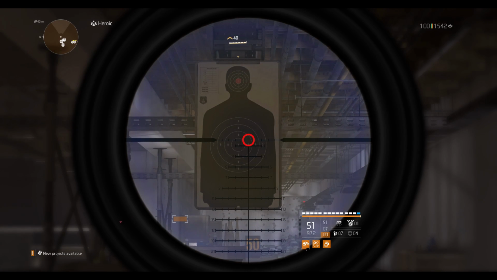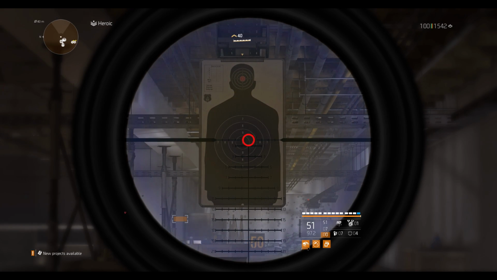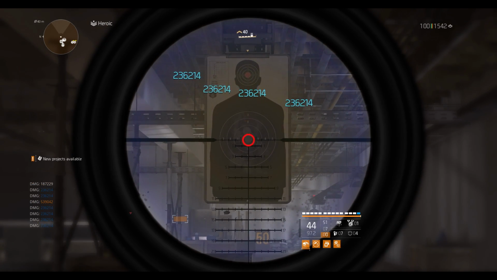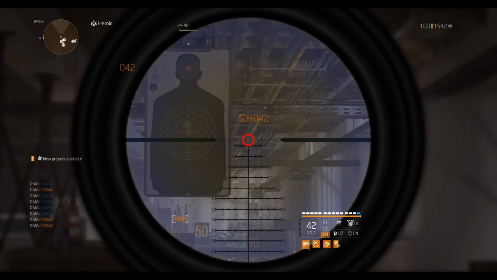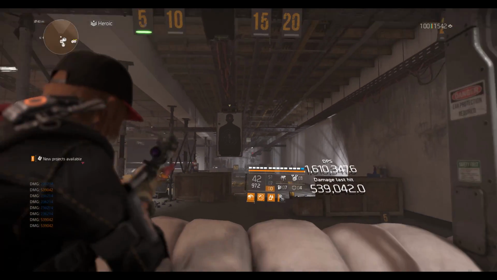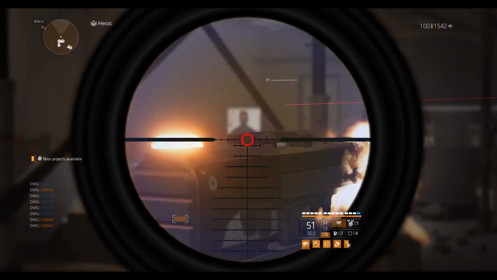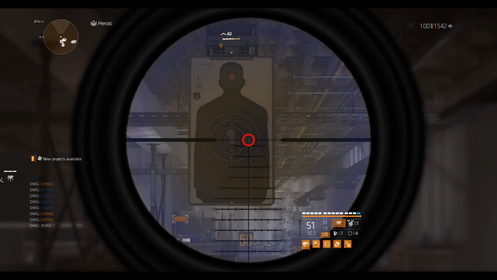So I'm going to proc my focus. I'm just waiting for it. So it's perfectly active now. So the amount of crit I can do with this is, you can see, 539. Now that's without In Sync, okay? That's without In Sync. Now, if I drop a turret and go on, shoot there, and when my In Sync